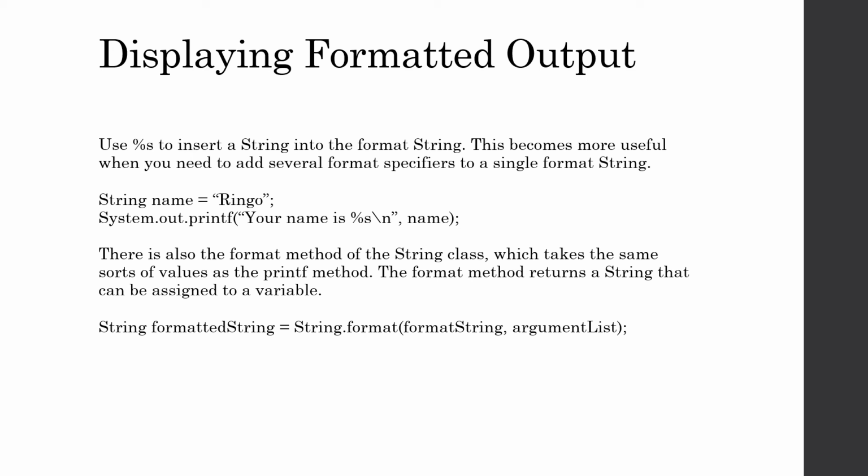In this particular case, we'll just do a very simple example. We've got one string with your name, or in this case just a name. We're going to be using the name Ringo, and we're going to put that into the larger string "your name is", and then we've got our %s, which is going to be for name, and for the \n we'll do that as %n. So let's put this together. Minimize this,